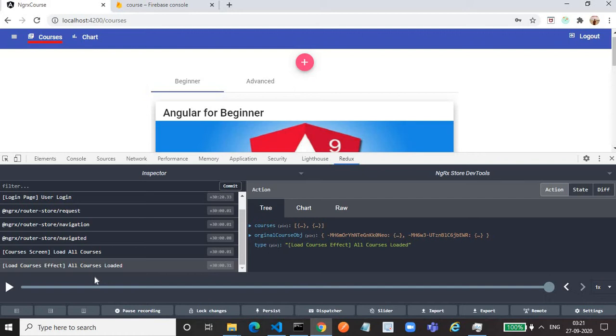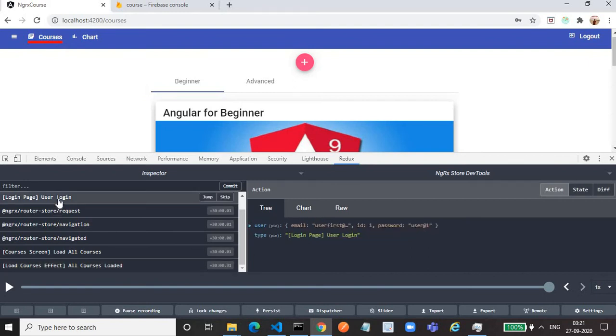Currently, in today's tutorial we will concentrate only on the login action. Once again, back to the login action. This login action has a type and a payload. The payload is the user detail of the successfully logged in user. This user detail is used for manipulating the state. For the auth slice, initially it was empty, now it contains the user details. How this is happening, we will see from the code perspective.